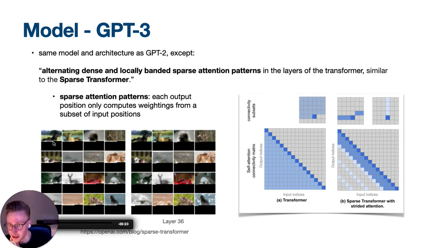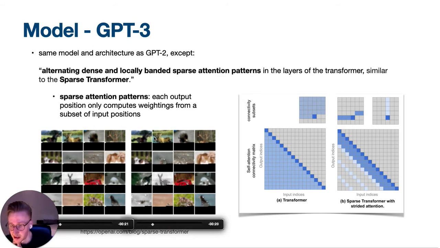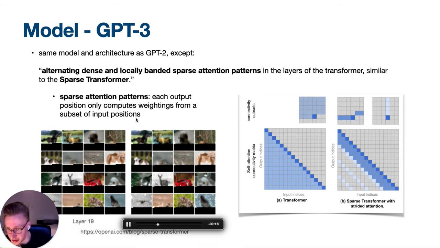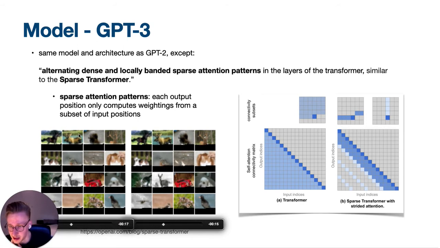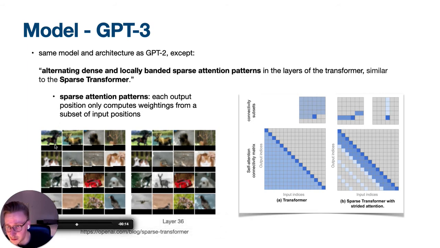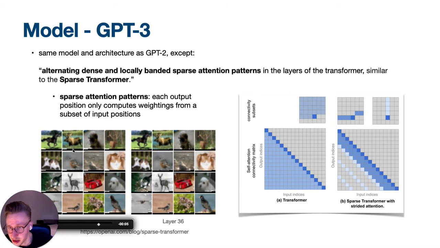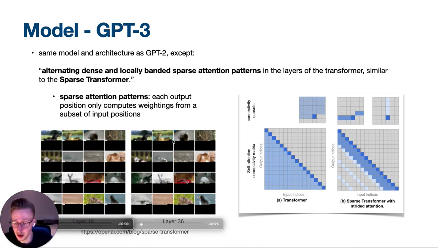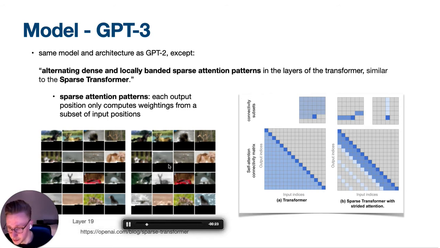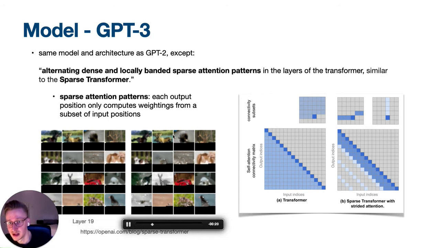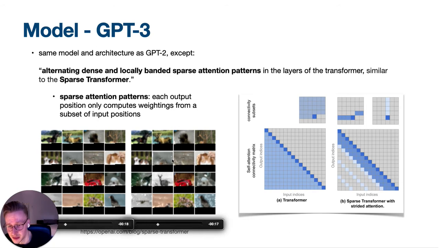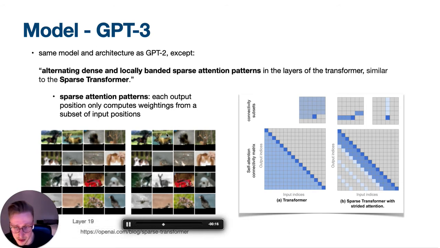So the white stripes, or the white dots here, are the attention patterns. In layer 19, as we can see here, this is an example of a layer where we can see those sparsity patterns. If we predict the next pixel or the next value here, the attention heads are only focused on this row, nowhere else. In comparison, layer 36 over here shows that some layers have dynamic attention that stretches over the entirety of the image.